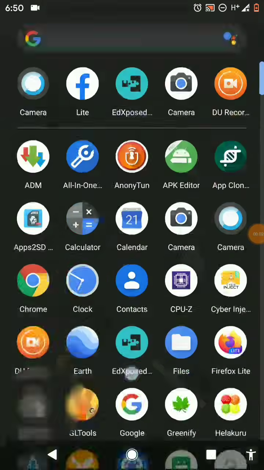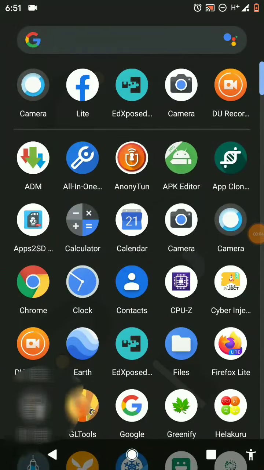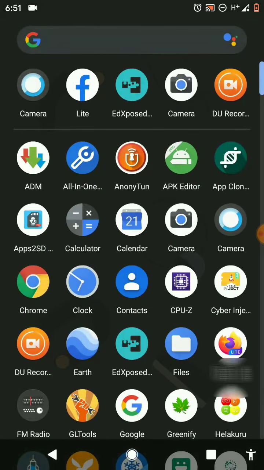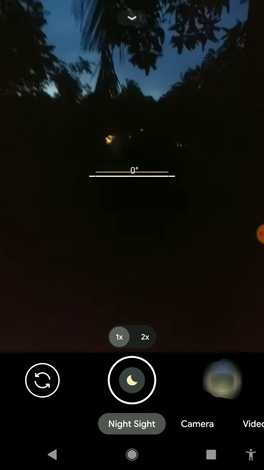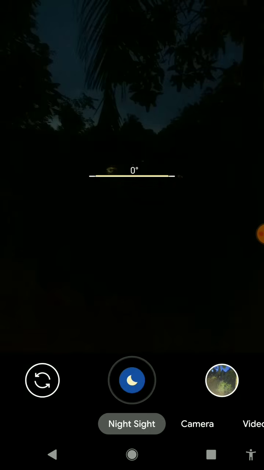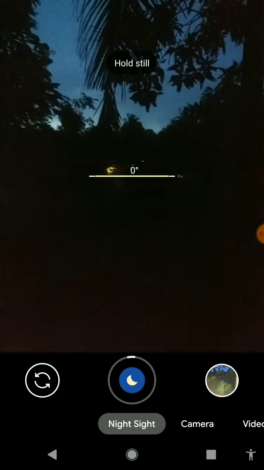Okay friends, here you can see we have successfully rebooted our phone. Here is my original camera app. It's working fine, and also let's try to open our Google Camera and use the night mode of this camera. Click on the night light option and let's check how this camera app works.